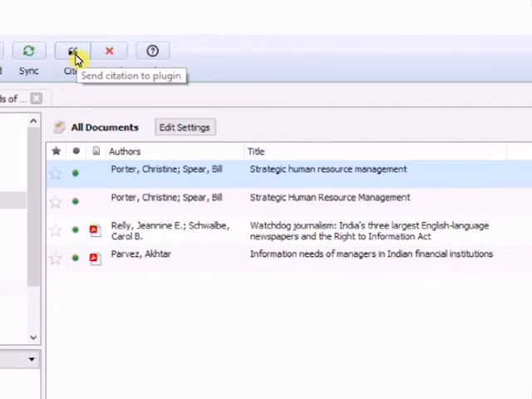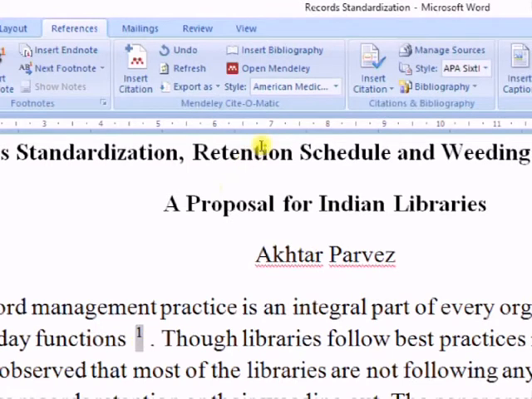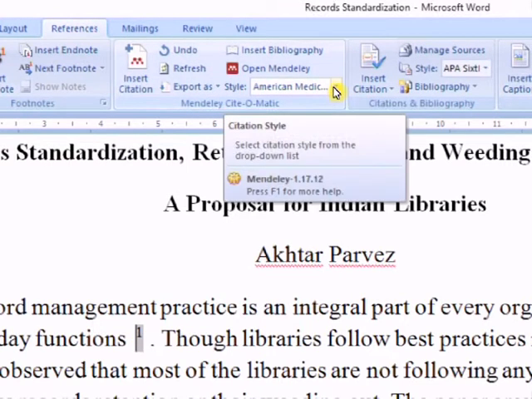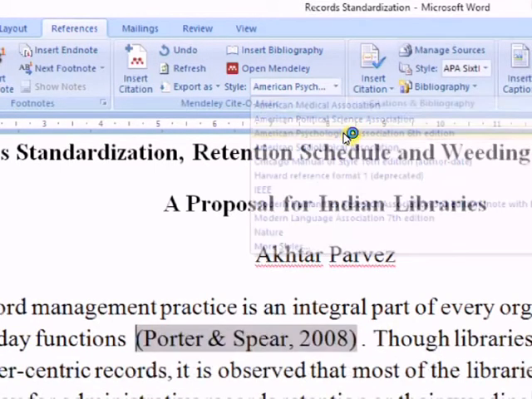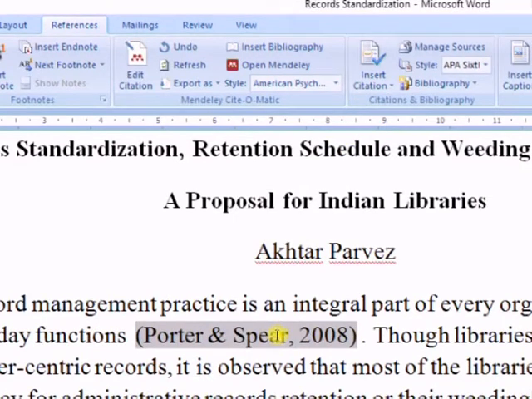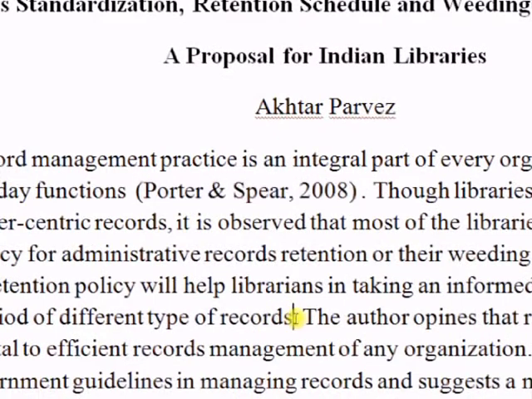This is the cite button, so whenever you want to cite, you will have to click here. So say cite, and here you see the citation has been added. Since it is using a different style, you can change it to some other style. Say if I choose APA 6th edition, this is the citation.